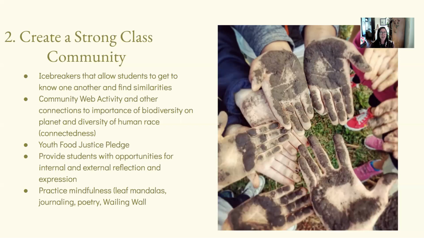and you have the end of your yarn, and then you call on another student in the circle to say something that eats kale, and then you pass the roll of yarn to them. You continue holding on to the end of it. They say something that eats the kale, and they hold on to that part of the string and then pass the yarn to someone else who says something that would eat that, whether it's an insect. And then you can go on to a bird, and you see this web being created with the yarn. And then you can talk about, what would happen if we just removed that one insect? If there were no ants, we remove that.